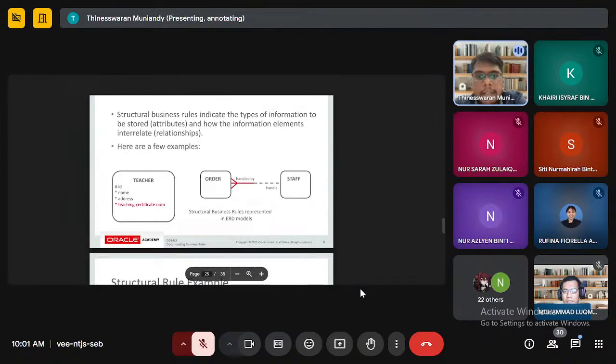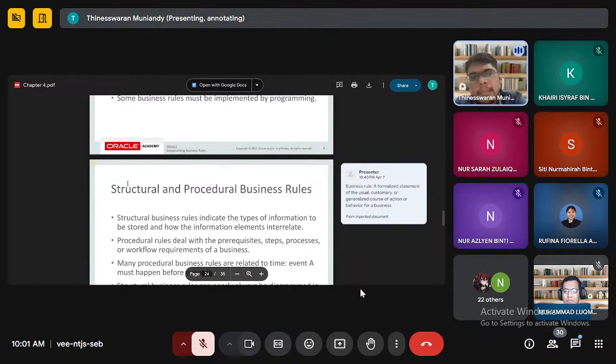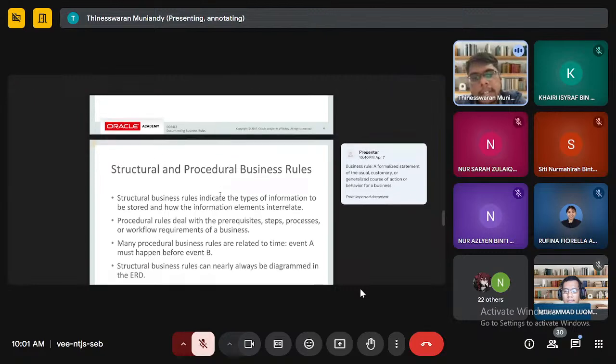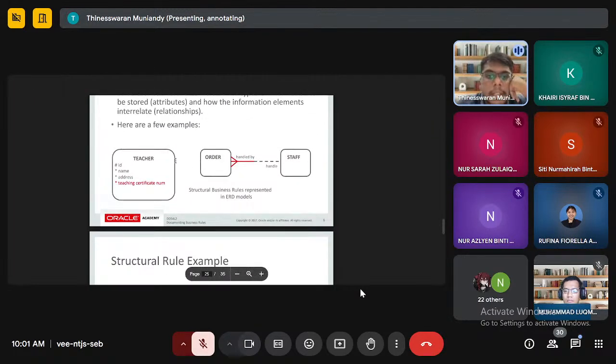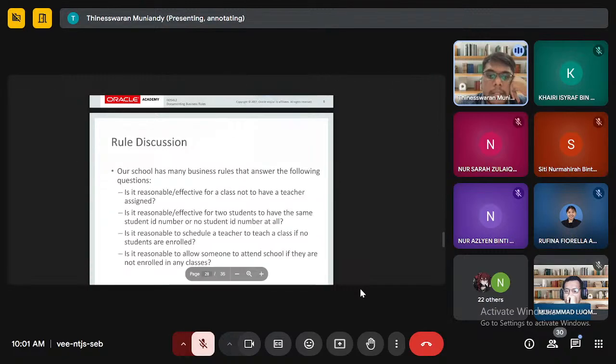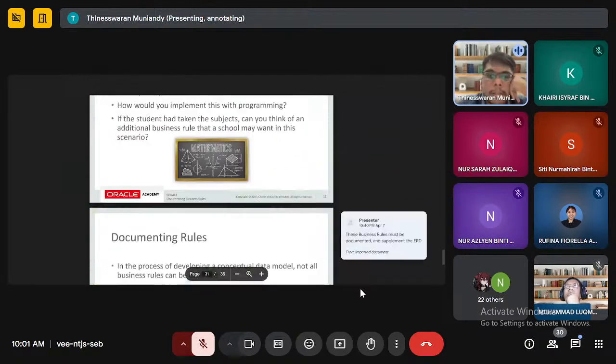Okay. Then we have structural, and this one is for the industry, structural and procedure. For example, structural means you straight away get connected. For example, order to staff, no need for someone to approve or reject or anything. But procedure means you have to go through one procedure. For example,